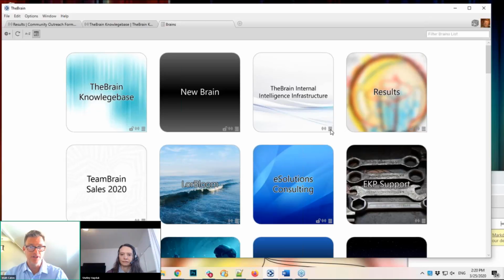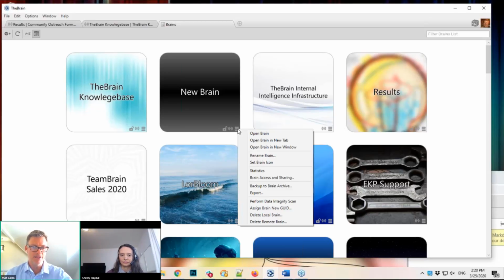You can click on the little hamburger button associated with every brain you have, click on the hamburger button from your brain list, and select to set a brain icon. So you can select a specific image for that icon, for that thumbnail, but that icon will not be the wallpaper. So you keep your wallpaper, and you've got a customized icon